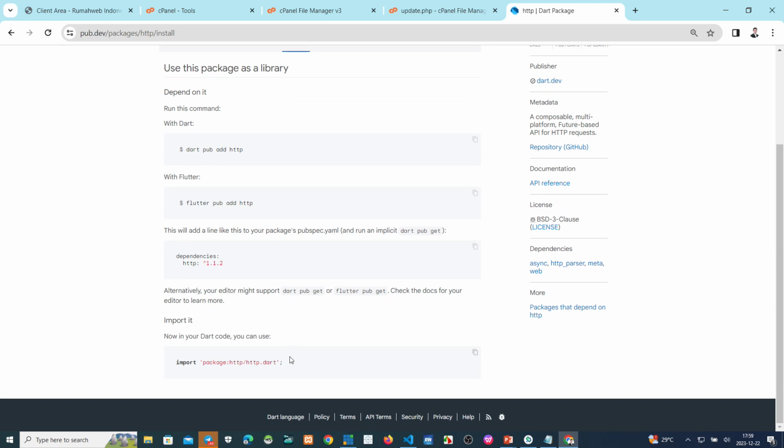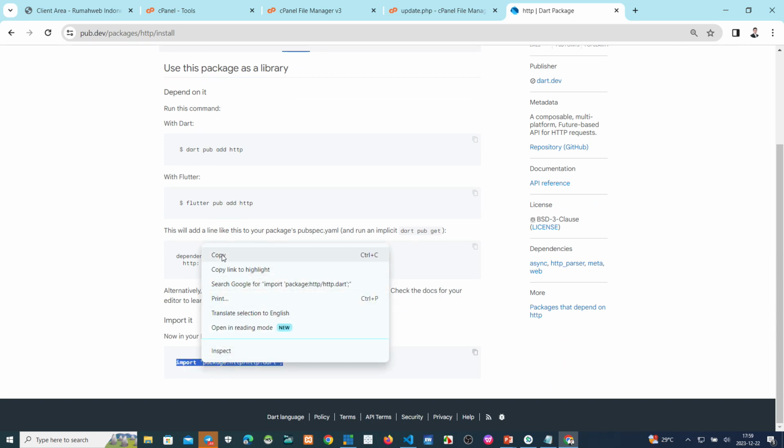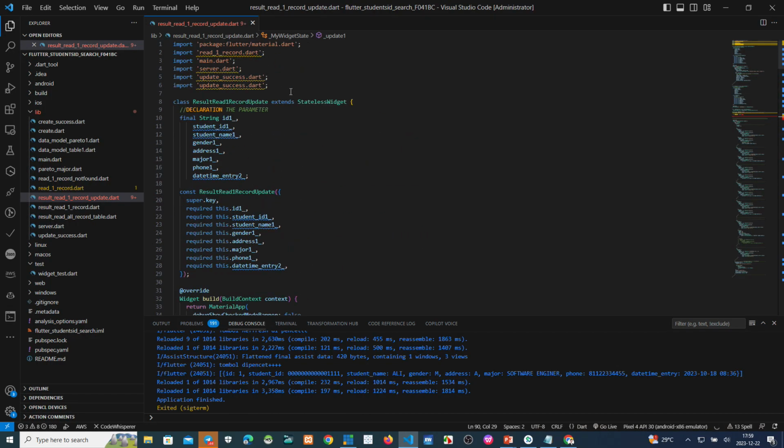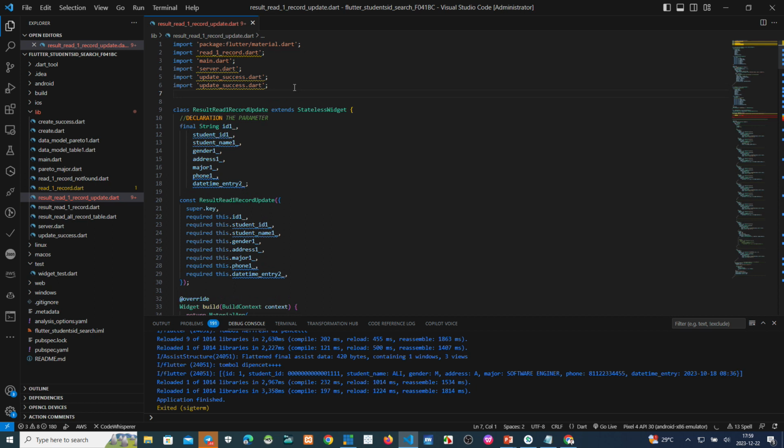You must copy this to your project, to your script, as HTTP.